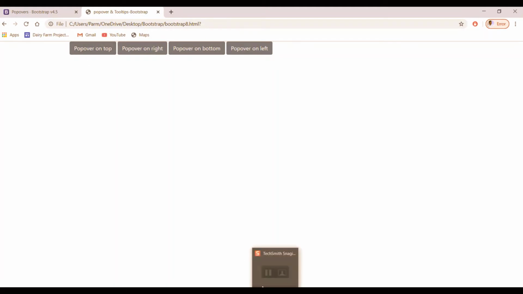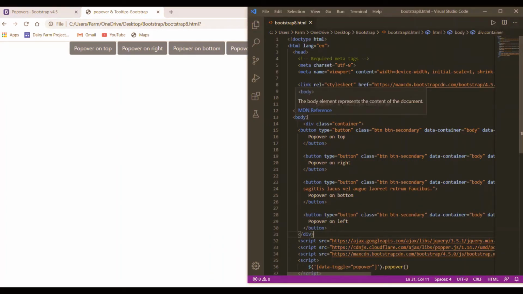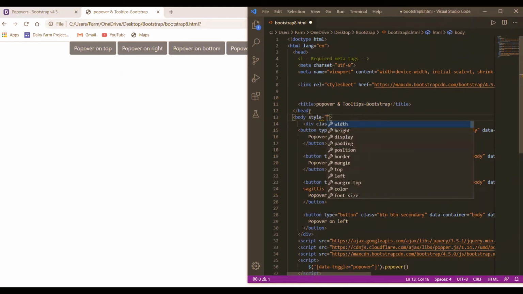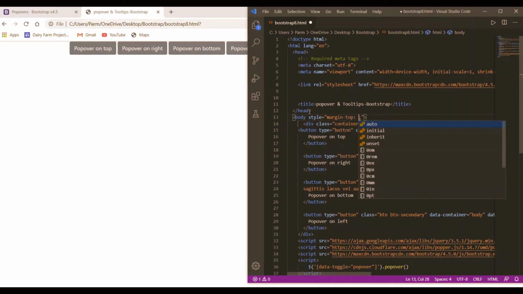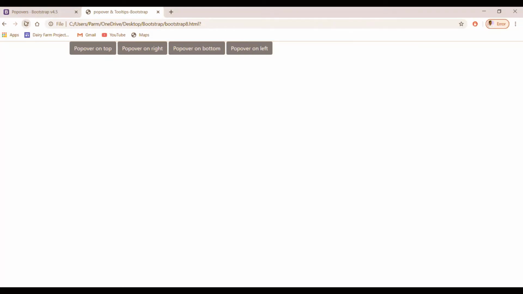Then we can specify some margin over here. We should use an inline style, and here we set margin-top to around 100 pixels. Save this, here we go, refresh this.